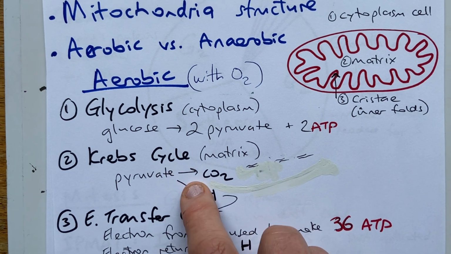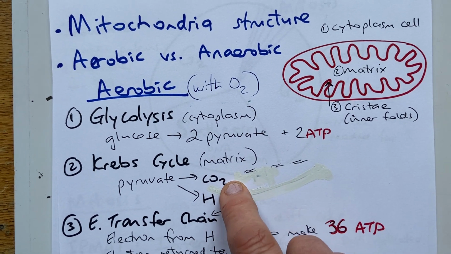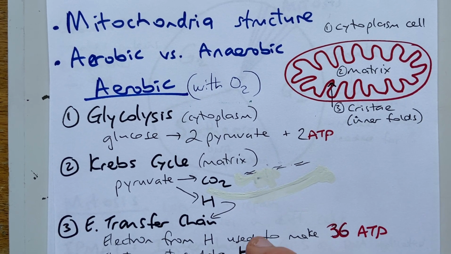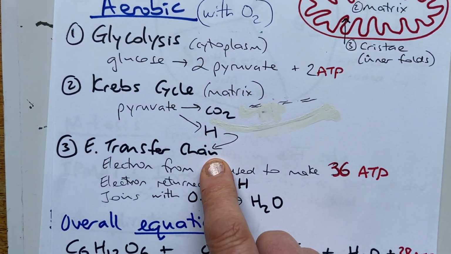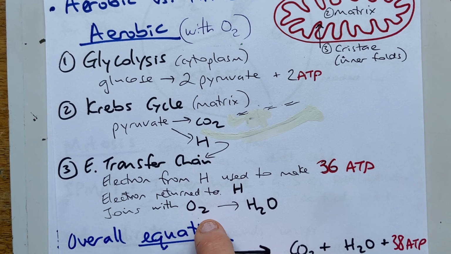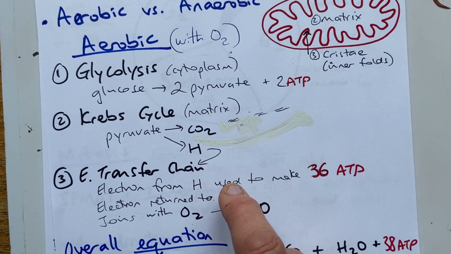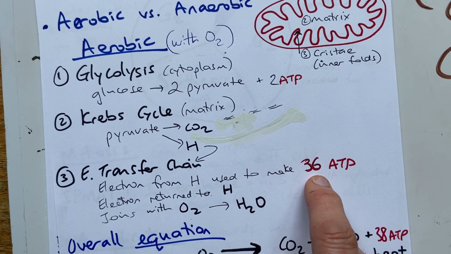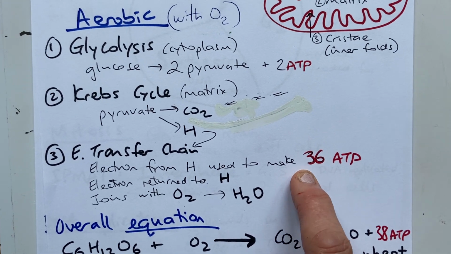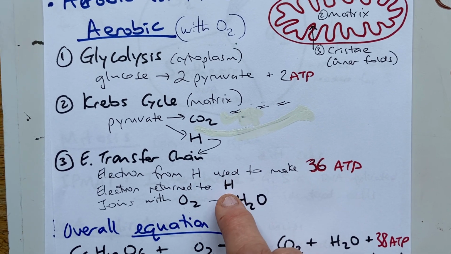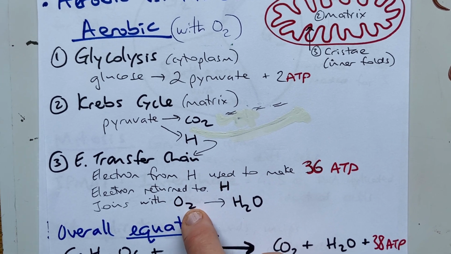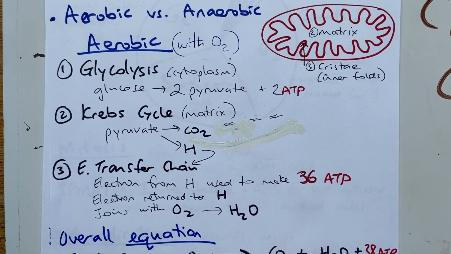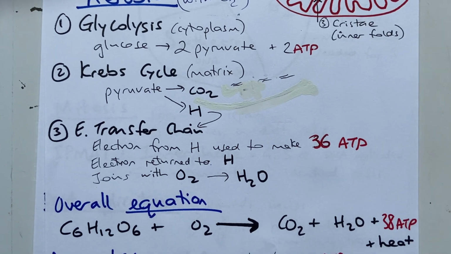Here that pyruvate molecule is broken into carbon dioxide and water. The carbon dioxide this time is the waste product, and it disappears out of the mitochondria, and then the hydrogen gets taken to the 3rd stage, which is called the electron transfer chain. Here the energy from the electron that's taken off the hydrogen bounces along a little chain and makes 36 ATP. So lots and lots of ATP are made in this final stage. Then the electron returns to its hydrogen. Hydrogen joins on to the oxygen and makes water. And so you can start to see that this is like the opposite way round to photosynthesis. The overall equation is glucose